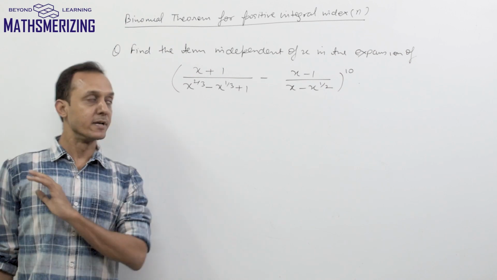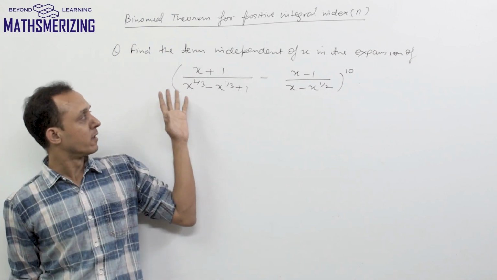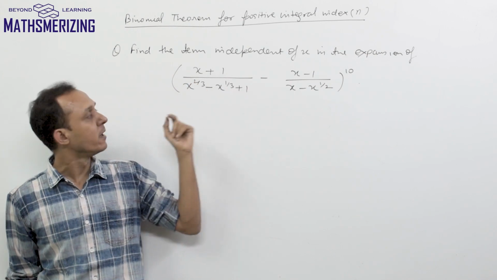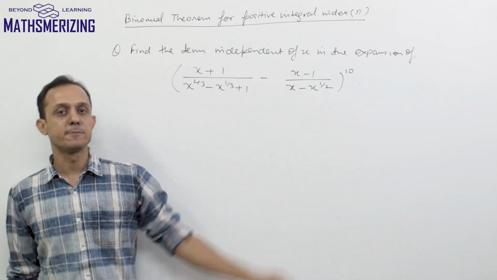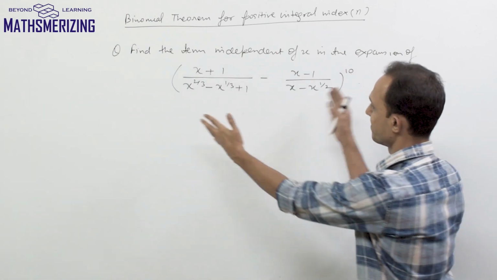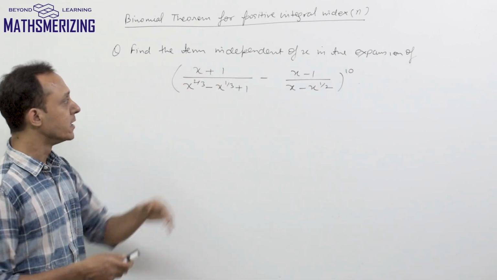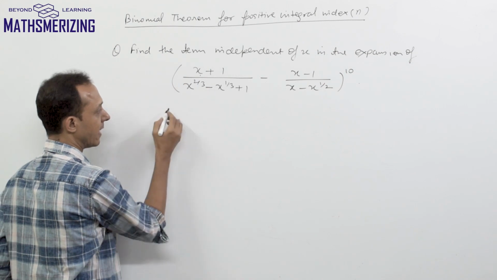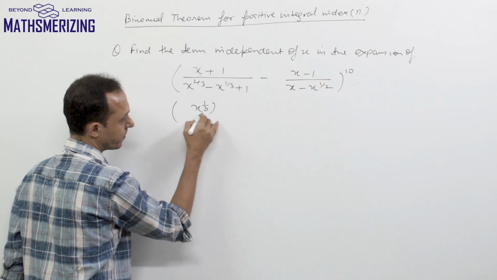So let us take up another question, which is: find the term which is independent of x in the expansion of (x plus 1 upon x to the power 2 by 3 minus x to the power 1 by 3 plus 1 minus x minus 1 upon x minus x to the power 1 by 2) to the power 10. This expression does look complicated, but if we look closely enough, there's some symmetry in the problem. So what I'll do is write it as,